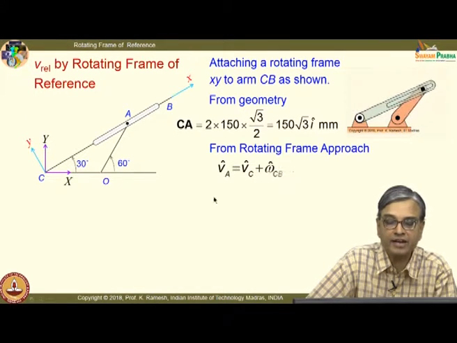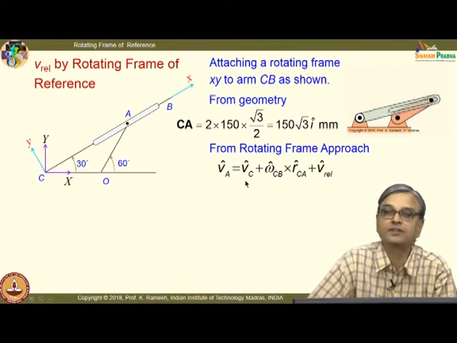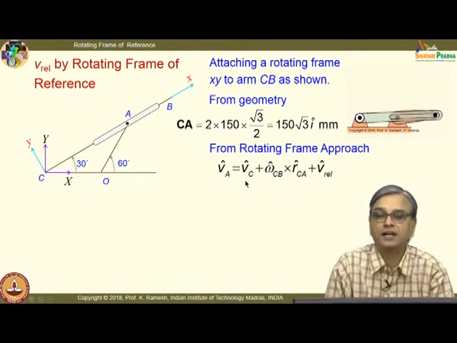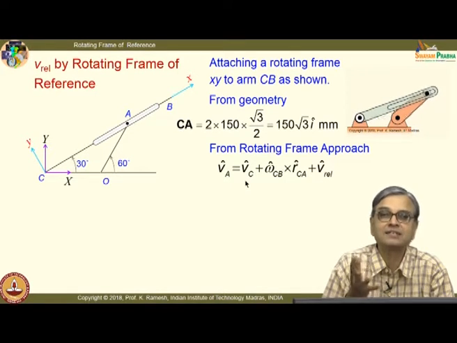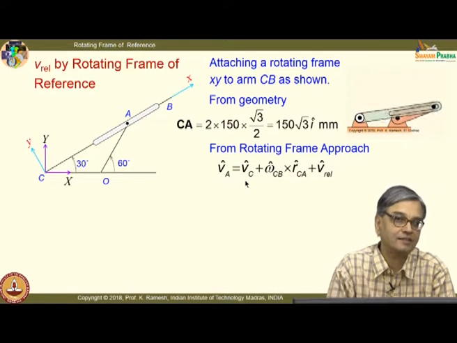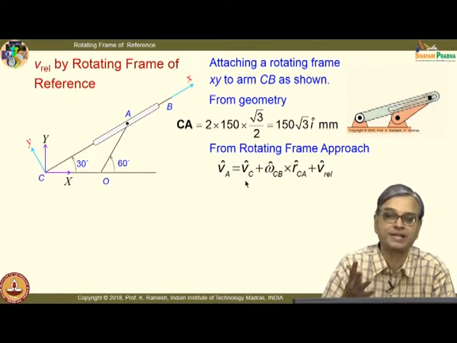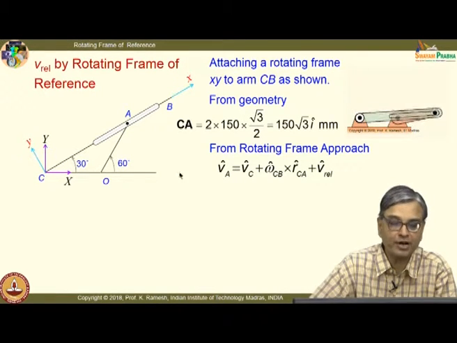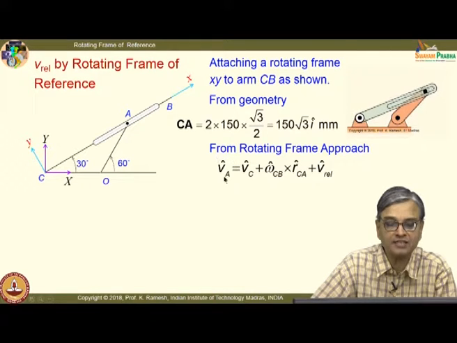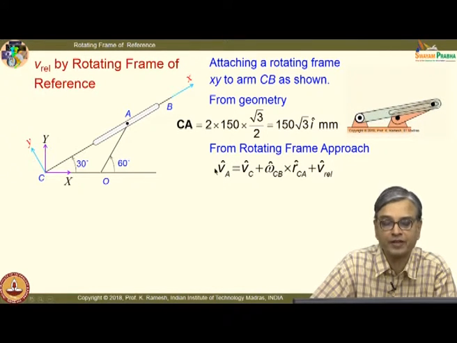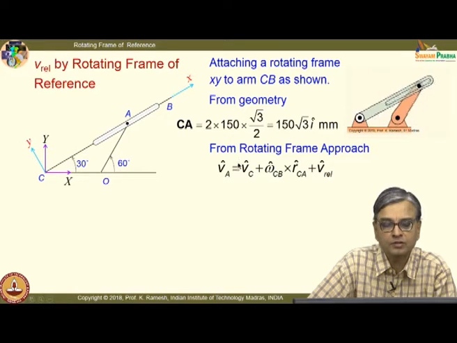And you can write this expression comfortably. See, I consciously mix the symbols. The idea is you must get out of the symbols and physically look at the problem statement. I am looking at point A. So, the velocity of A is my interest, absolute velocity of A, that is equal to absolute velocity of C plus